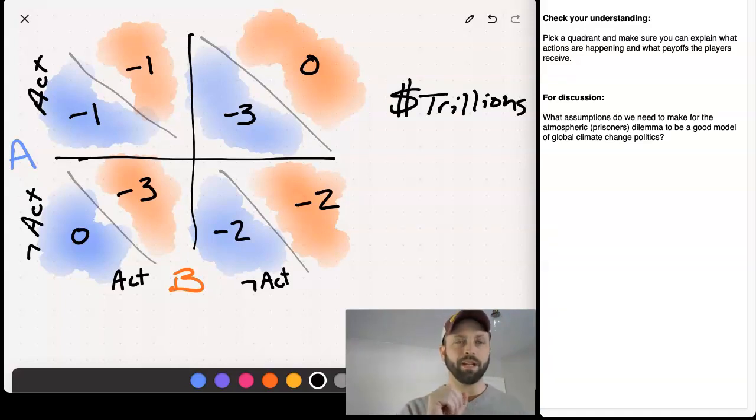Okay? So let's take this quadrant, the bottom right one, where nobody acts. We can see the blue country A doesn't act and they lose $2 trillion. And we can see country B, the orange folks, don't act and they lose $2 trillion. Now, the way to think about an equilibrium is actually due to this guy,